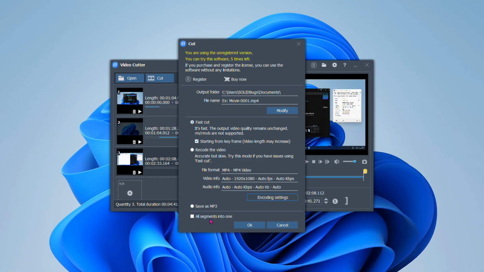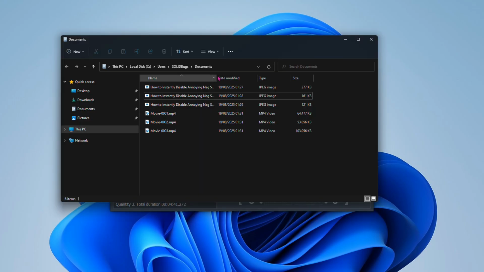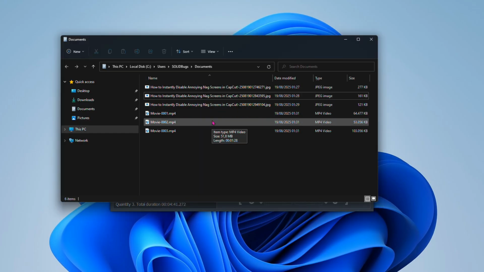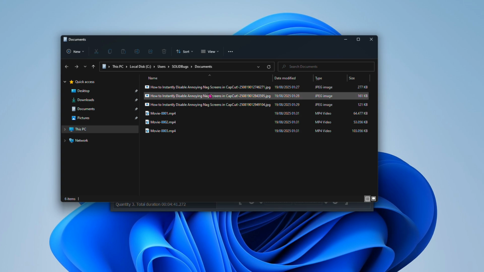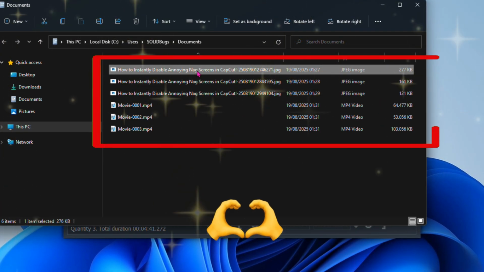If you want to create a single output video file, select the All segments into one checkbox. Press OK and wait for the process to finish. Once the message indicates that the task has been completed, press the Open Folder button to access your newly created video files. Here, you will find the 3 segments you created, along with any snapshot pictures you took during the